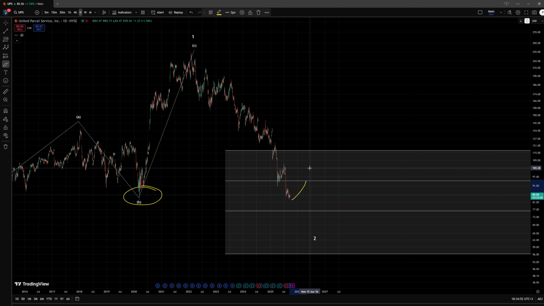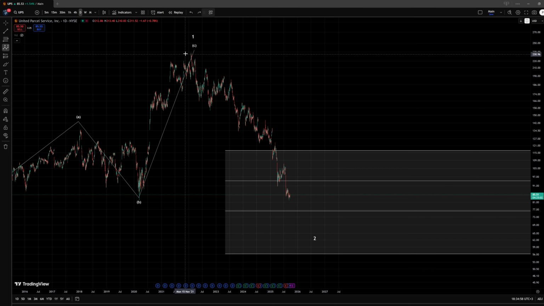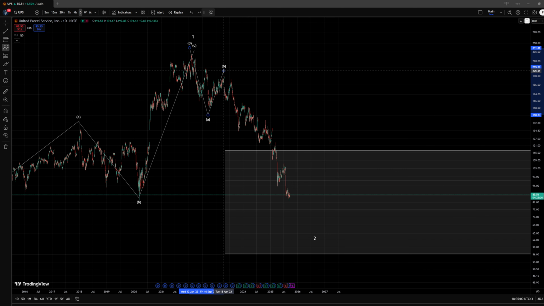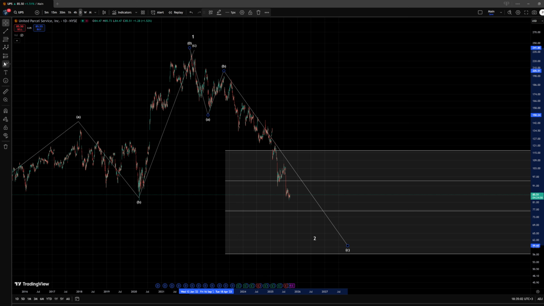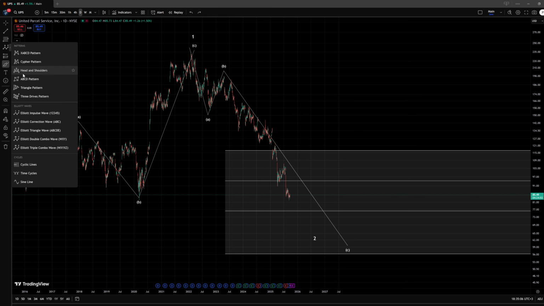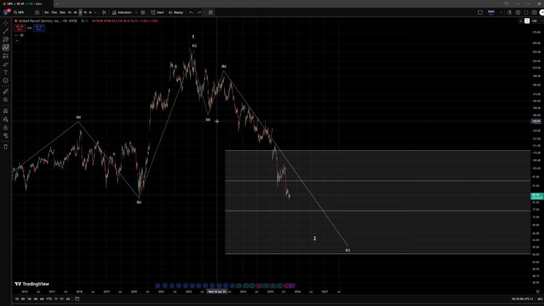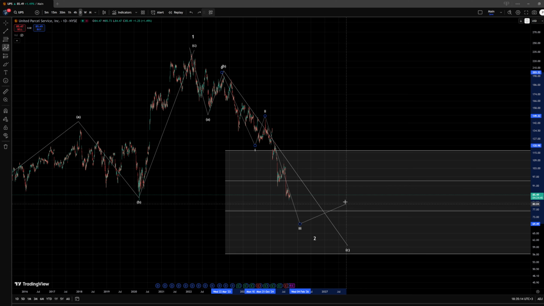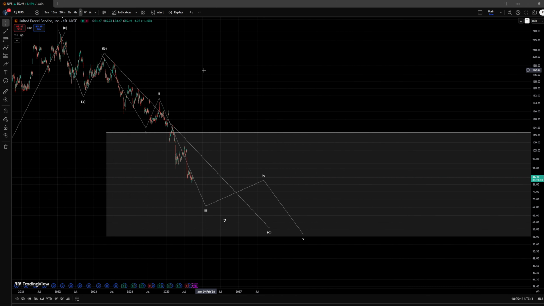So in this idea, we have structural support in this area, and a relief rally is quite likely to happen, in my opinion, in this area within a correction, but I would still be looking for further continuation to the downside here within this wave 2, where I am looking at an ABC structure to develop. And within this ABC structure, we have the A wave and the B wave complete, and within the wave C, we are looking for a 5-wave move to fulfill this pattern, where so far we have the wave 1 complete,